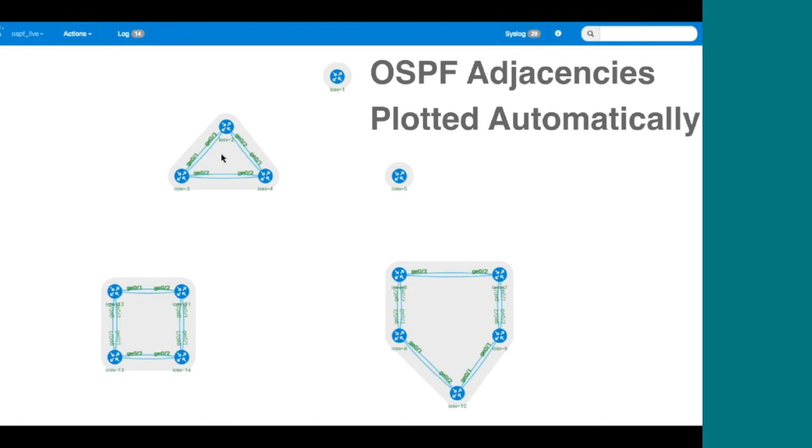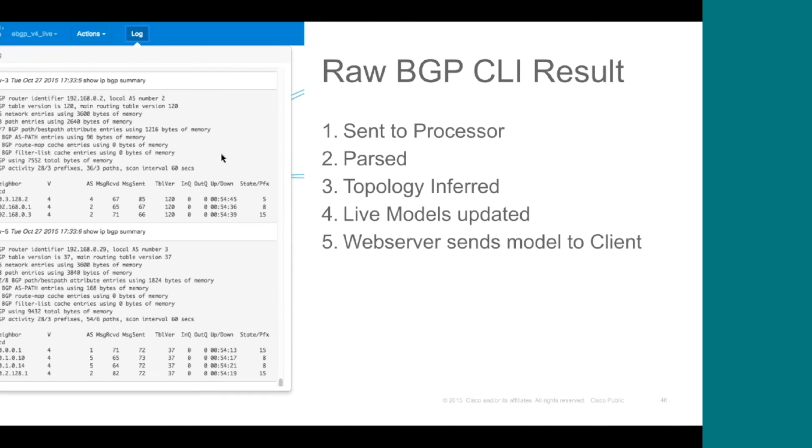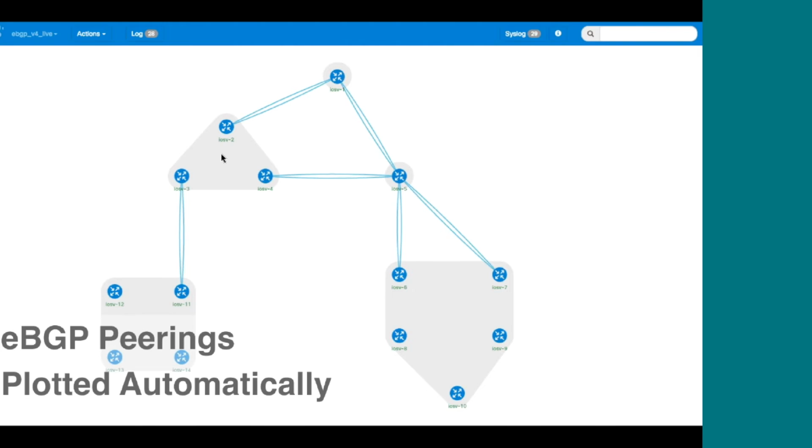So we can see within each of those groups how that's been set up there. If we do a similar thing for switching to either IBGP or EBGP, because it's the same command, it will then also send that collection command for IBGP summary, process it in further topology, update the models, and then send that back. So we can switch just to the IBGP view, and we'll see the IBGP peerings plotted a couple of seconds later. And similarly, if we then switch to the EBGP view, we'll see the EBGP peerings.